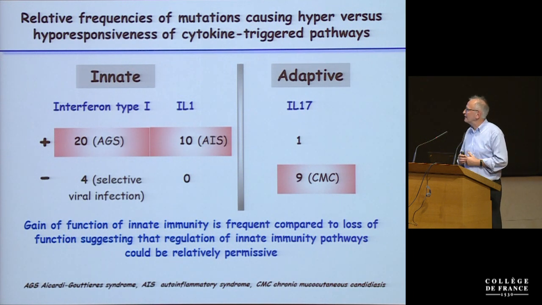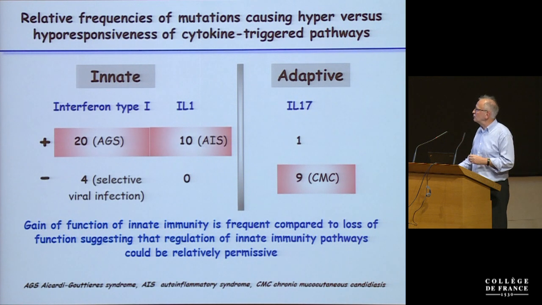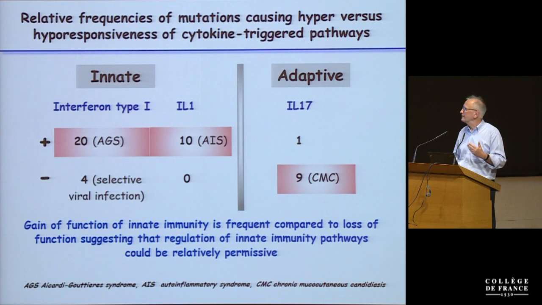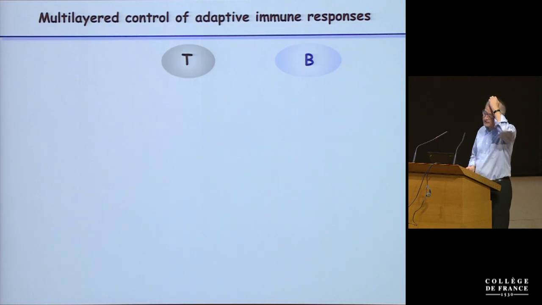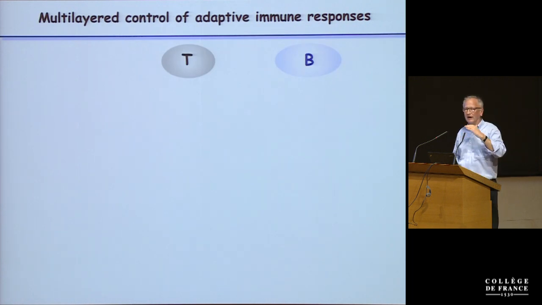But just at least for the sake of discussion, it suggests that gain of function of innate immunity is much more frequent compared to loss of function, suggesting that regulation of innate immunity pathways may be more permissive. All right? In contrast, for adaptive immunity, there are, as you may know, multiple layers by which it is